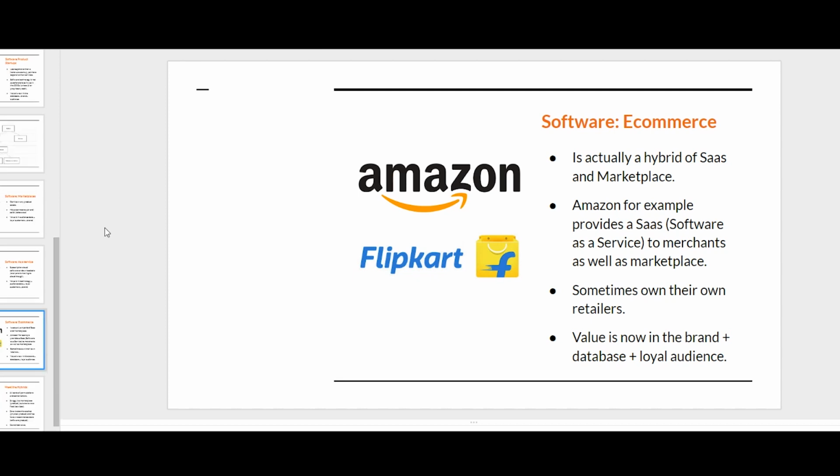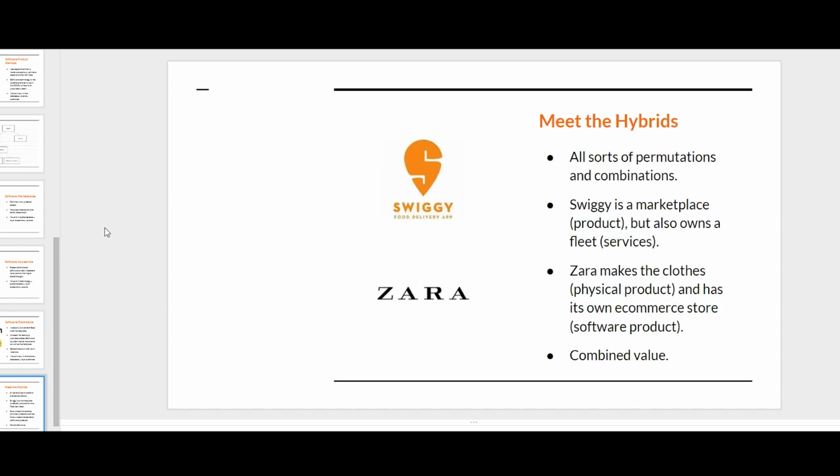Now, so far, all the startups we spoke about either fall cleanly into products or services. But there is a new type of startup called a hybrid that combines products and services, right? Because we live in an age where software is easy to build, every product today is seeing a software first approach. So talking about the hybrids, you can have all sorts of permutations and combinations.